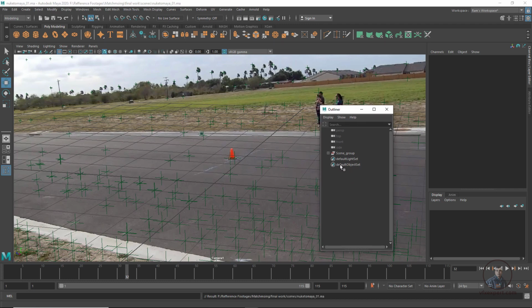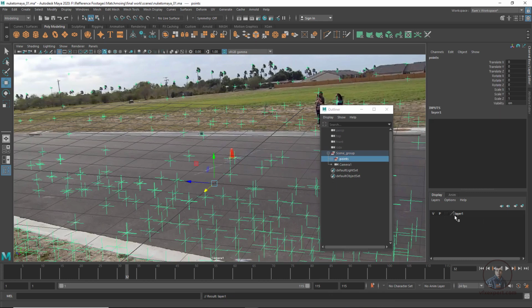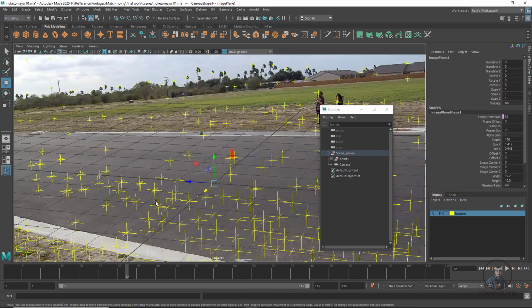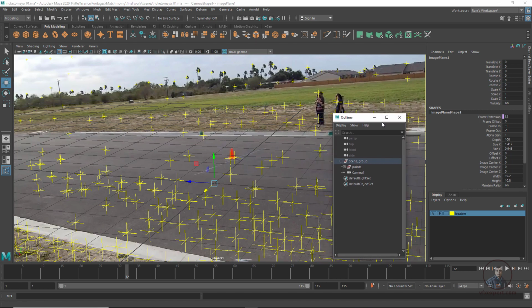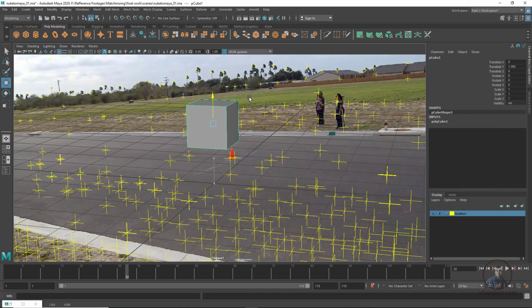So now I am going to assign some objects to a display layer, then select our point group and create a layer and give a name. If you want to change your color then you can change. Now easily you can see. Now minimize this one here. Now just create a cube and check it here. Now you can see a little bit.